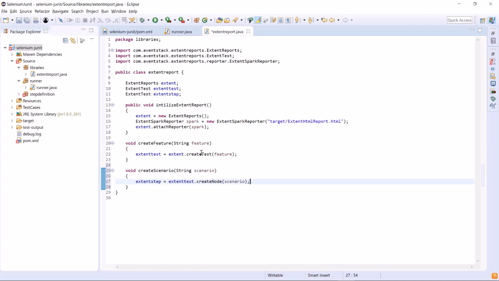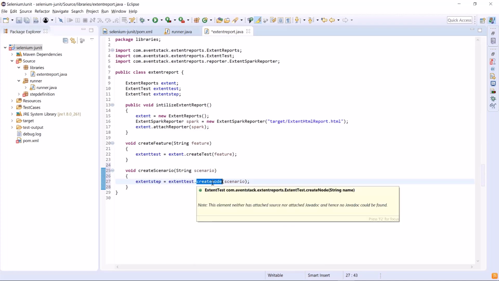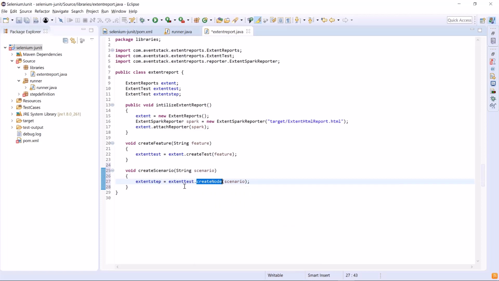This createNode method will create the scenario under the feature and will return the ExtentTest object, which will be copied into the extentStep variable. So this way, we'll have a single object for a test scenario, and we'll use the same object to create the test steps under that scenario.